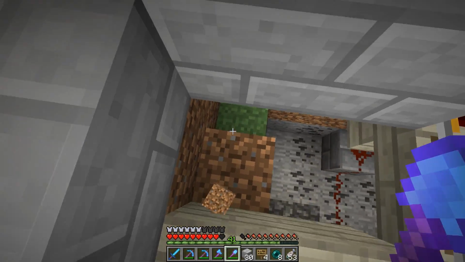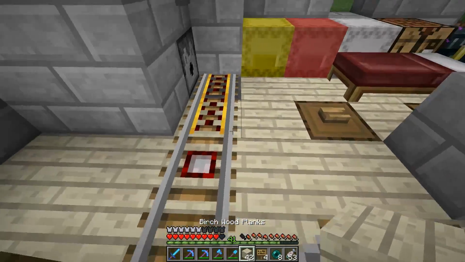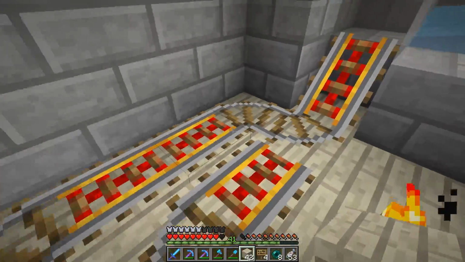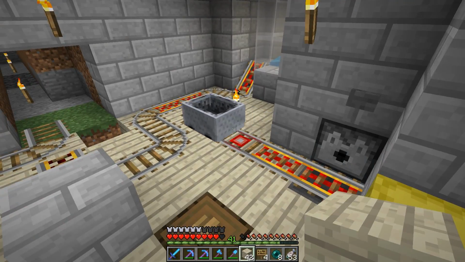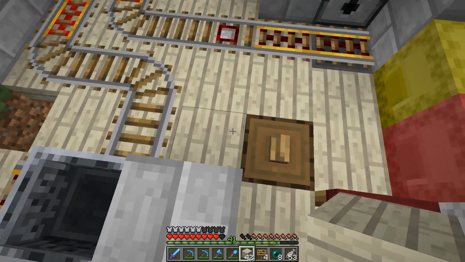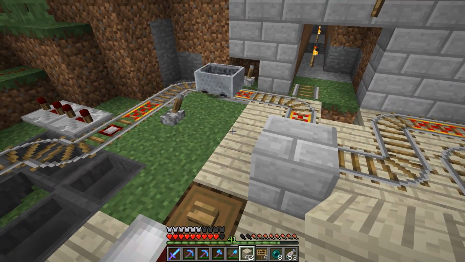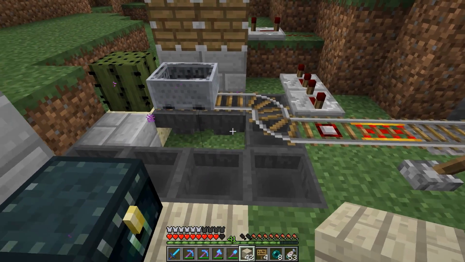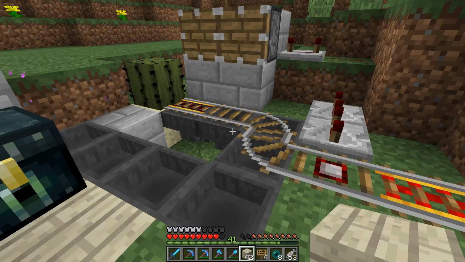Let's actually fill these in right here with birch real quick. There we go. So in theory, when I press this button, this thing should come up here, hit this, come back down, and stop right here. There, and it stops. Good. Then, if I hit this button, it should go over there. Yep. Except it doesn't actually make it to the cactus, but that's okay, because it will...